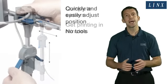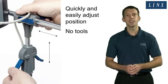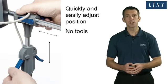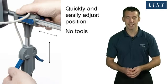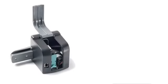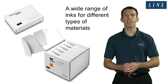You can simply adjust the print position of the printer by opening the levers, sliding the print head into position and then securing again by closing. So when your product changes, you don't need to find tools to readjust your printing location. It's so simple. A printer is nothing without its inks, and we are pleased to offer a wide range of